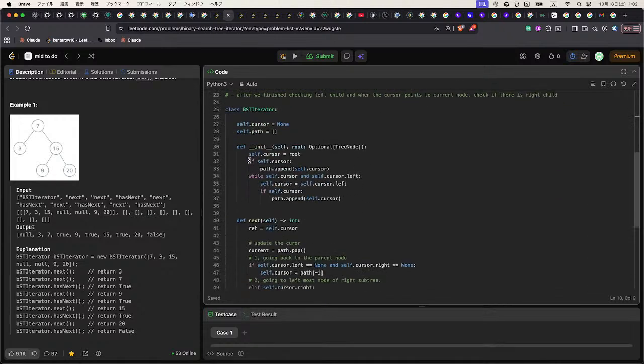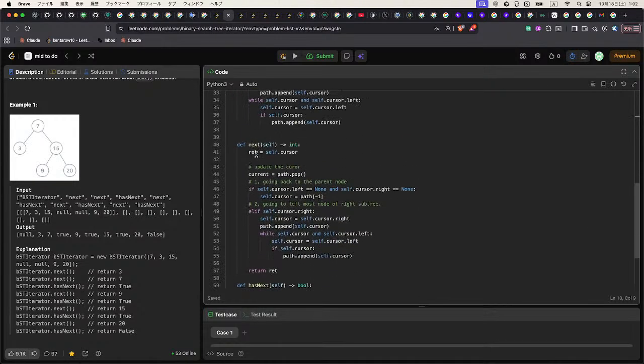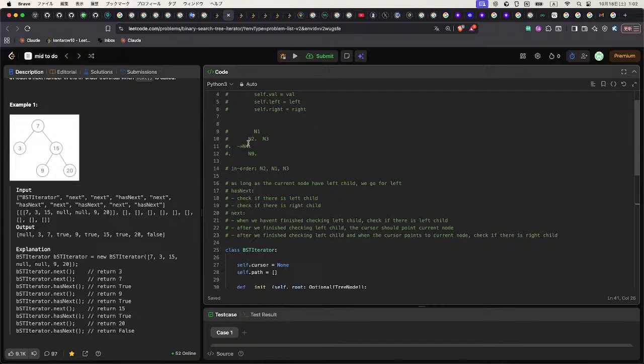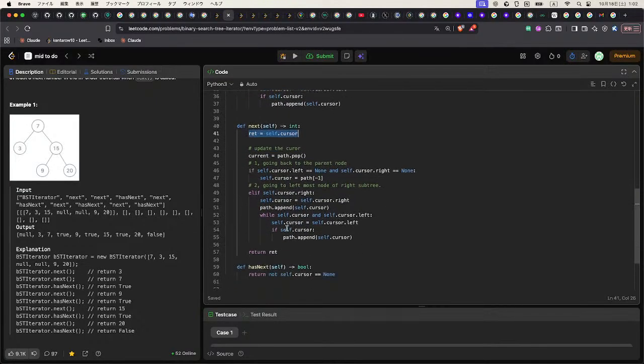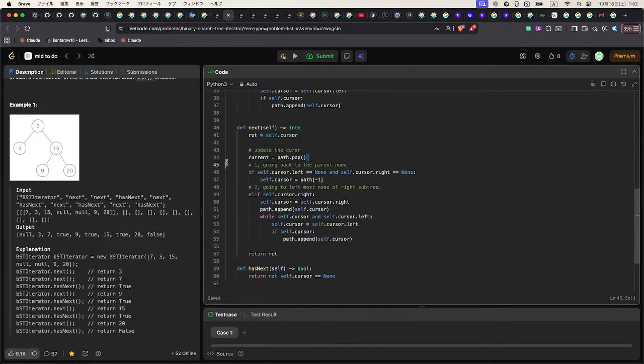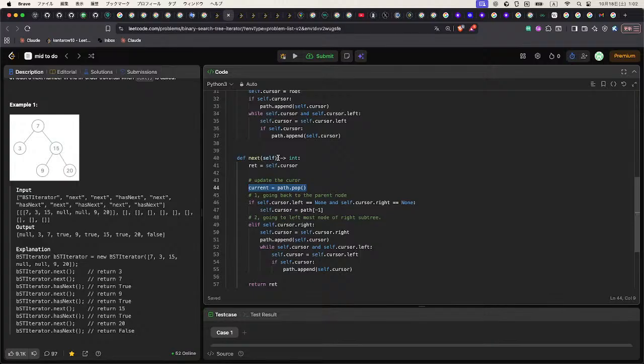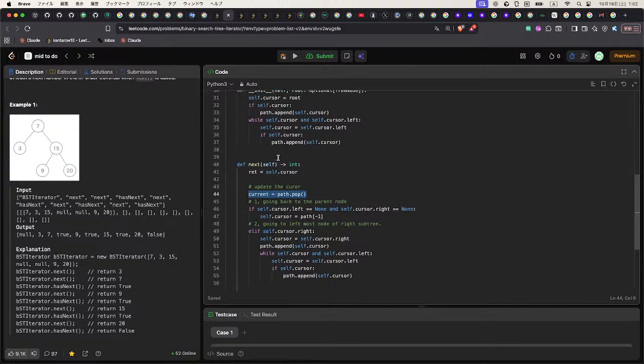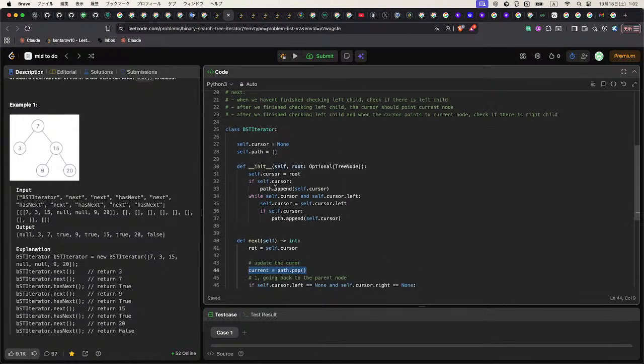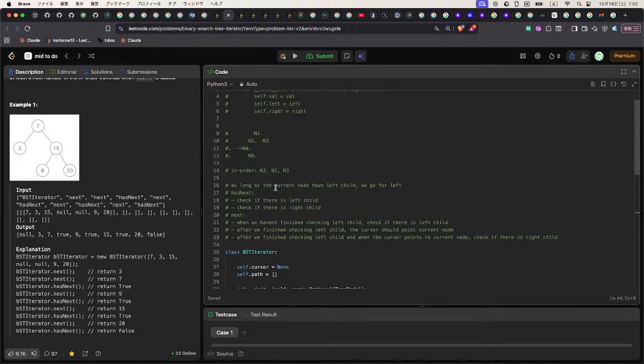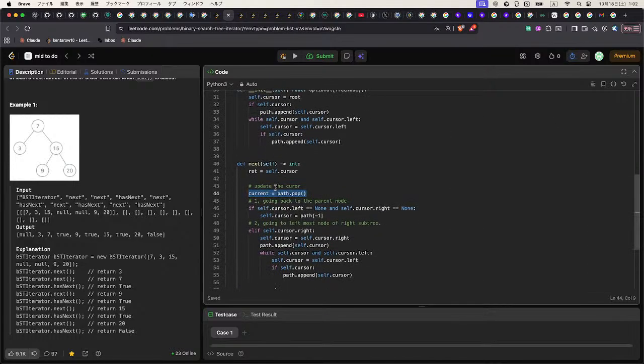And the next function returns N4 at first, and at the same time we update the cursor for next. We pop the current node from the path, so N4 is popped. Oh wait, but that's not good because we